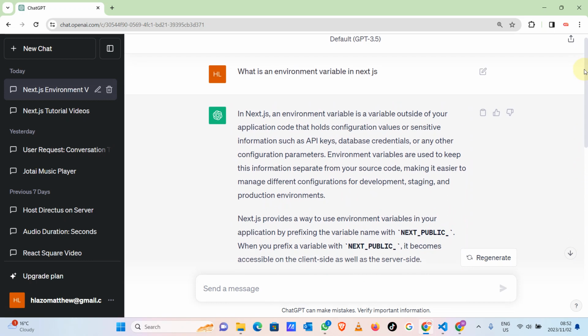Okay, ChatGPT is done. In Next.js, an environment variable is a variable outside your application code that holds configuration values or sensitive information. That's the most important part about environment variables. Those are the variables that hold sensitive information like your password, confidential information, database keys. You are just controlling them. You don't want them to be all over the place, okay? So that maybe when you take your code to public, you want to make sure that those environment variables are